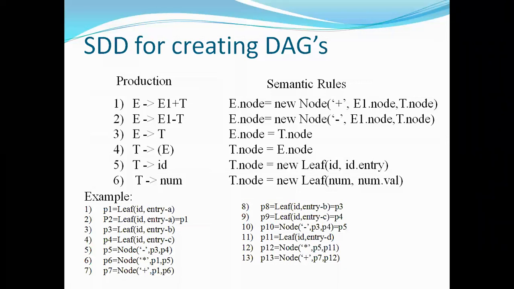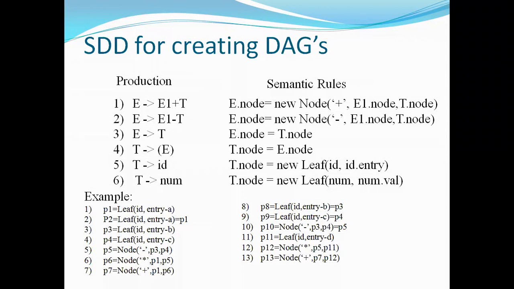Now I am writing the productions. What I am writing here is P1, for example. P1, P2, P3, P4 are all pointers from the given expression. Based on the semantic rules, finally I have pointers up to P13. What it means is that I am using pointers 1 to 13. See how I am writing this.